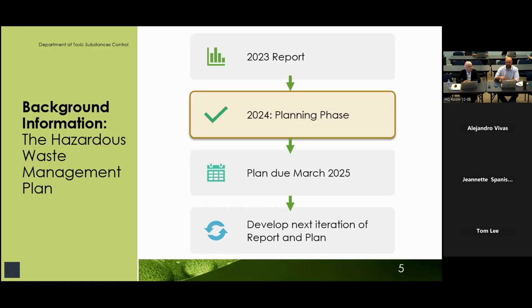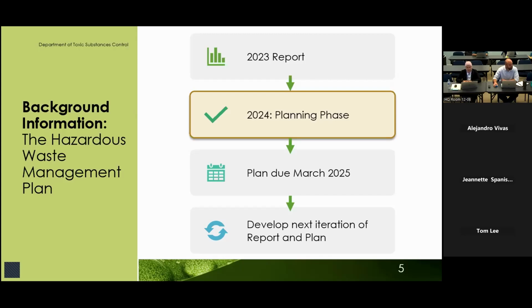The draft plan will be presented to the Board of Environmental Safety for approval. The board will then hold 3 public hearings in 3 parts of the state to receive comments from the public on the draft plan. The board and the department will then consider the public comments and revise the draft plan as deemed appropriate when finalizing the plan. Then the cycle starts again. As we've talked about in previous workshops, this is an iterative process. It's going to take steps and it will take some time.